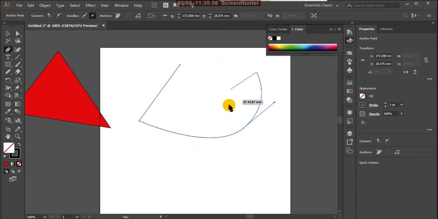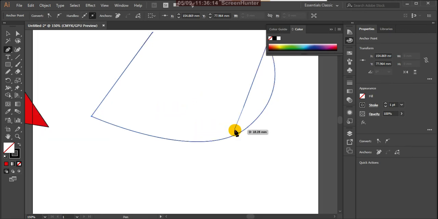Okay, and suppose here it's showing a straight line, just click on that. Now I want again a curve, not straight. After straight I want a curve. So what you do, simply press alt, and don't release that alt, and at this end point anchor, just click on that.